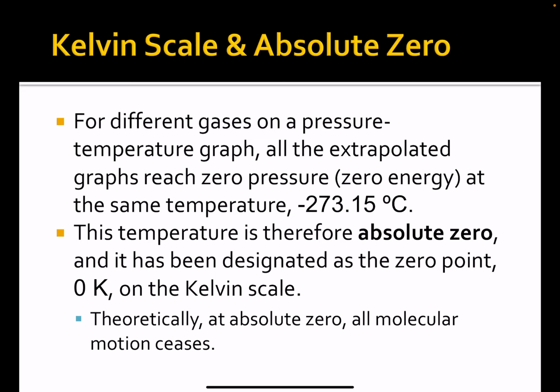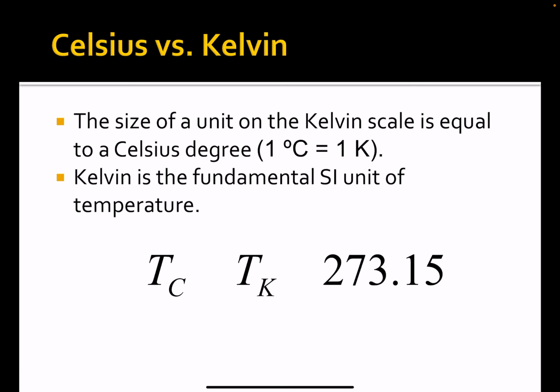If we can somehow get an object to be completely still so the atoms aren't moving at all, we would have the temperature absolute 0. And so that's what we base Kelvin off of. That limit, that point where we reach 0 Kelvin, is when the atoms stop shaking completely. And so we have a conversion between Celsius and Kelvin. They're equal to each other. We just need to